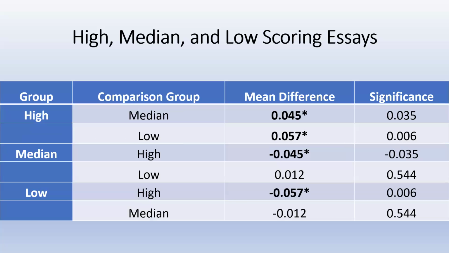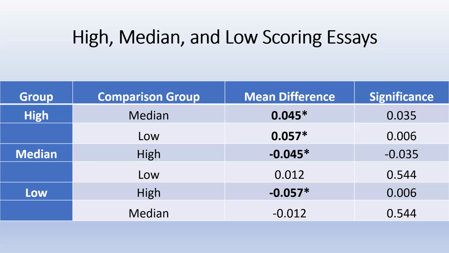So what we did was we took 90 handwritten final exams for a written communications course, and we took just the essay writing portion. We took those that scored grades of 9 out of 10 and above, just the essay. The median portion scored between 75 and 85, and then low scoring essays scored below a 70 or below. And we did a paired sample repeated measures ANOVA.